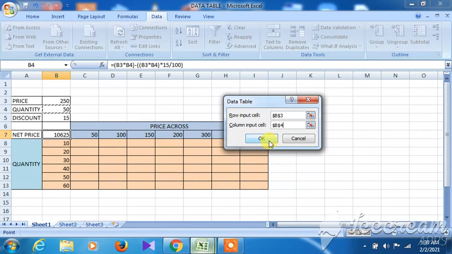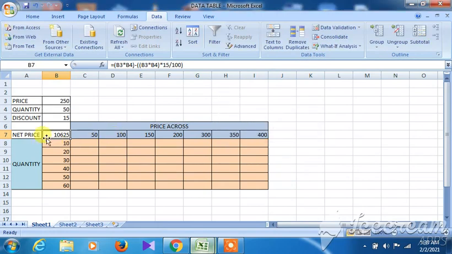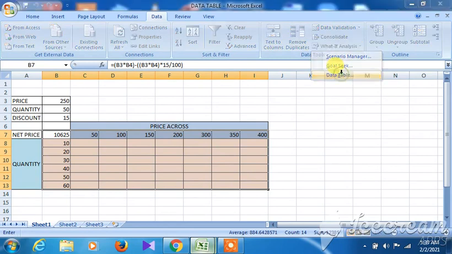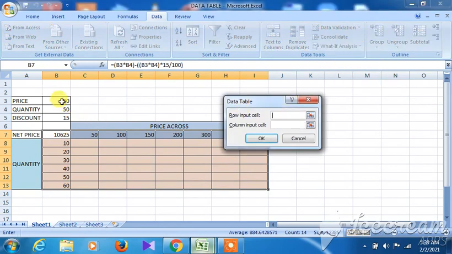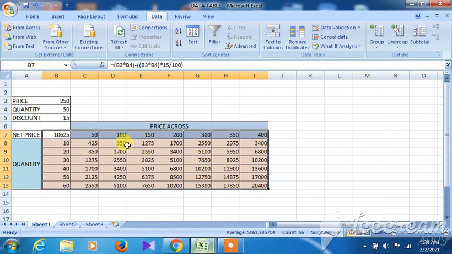Then what is happening out here? First of all, sorry, I forgot to select the cells. You have to select the cells also, otherwise it won't come. So What-If Analysis, and then you have to go to the Data Table. All right, now you give the row input cell. This is one element, and another is the column input cell. You need to bring the cursor out here, and then the column input cell to be given out here. Then click on OK. All right, so everywhere the price has been calculated. You can calculate manually, and then calculate the discount of 15% from it. You will see that this particular value is actually generating. So this is all about the data table.